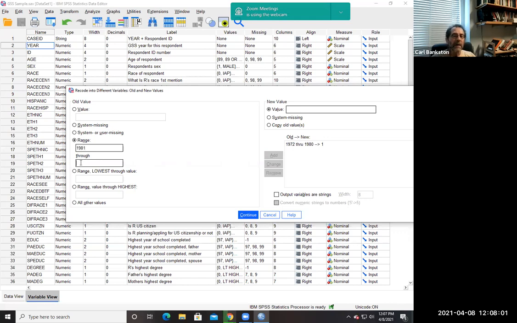1981 through 1990. These values have to be mutually exclusive. In other words, you don't want 72 through 80 and then 80 through 90, because that would put 1980 in two different new values. And it's going to be 2. And then 1990